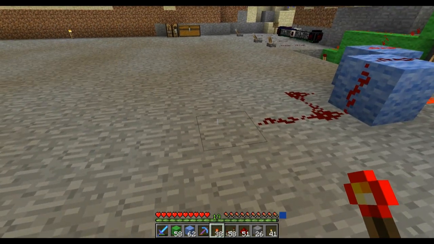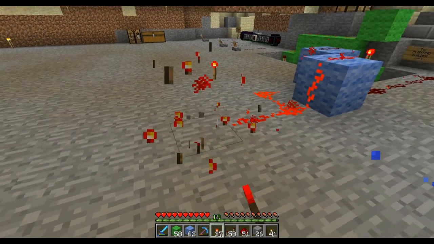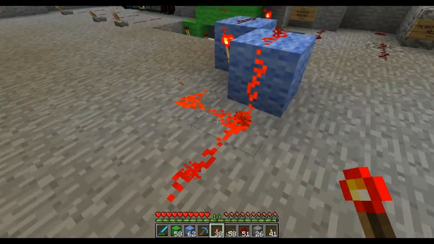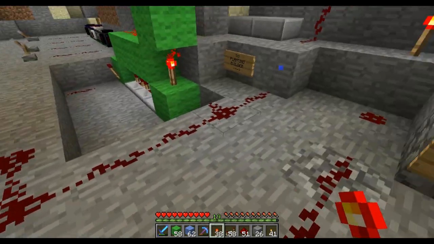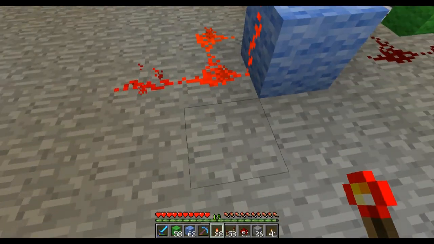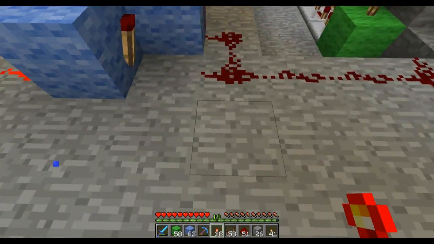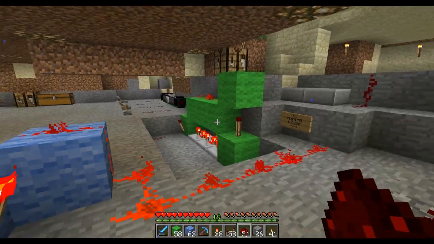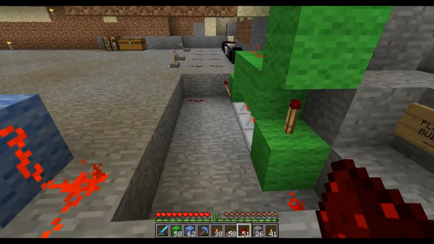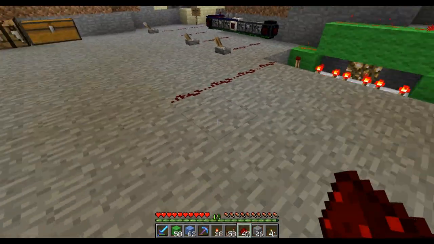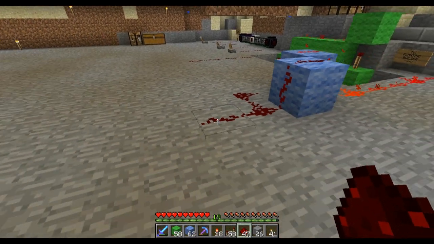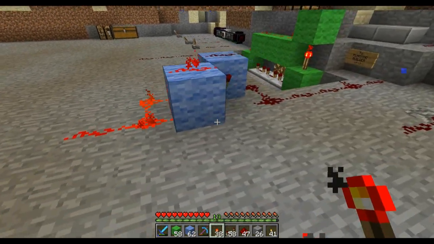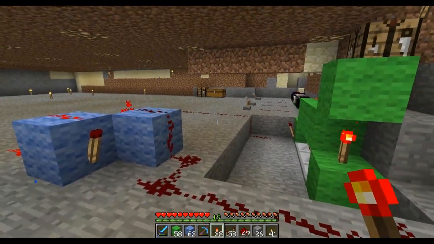So for example, if we added current here, see how it stays on? This is essentially in the Q2 phase, or the reset phase, and this set function is now off, no matter what. I can keep on adding current, but it does nothing over here. If I add current back over here, it does that. So actually, this is the edge trigger. Remember I said it turns a steady state into a pulse. So when I change sides, pay attention to that redstone line. When I do this, nothing happens to it, right? It stays off. If I put it back here, though, watch that line and see what happens.